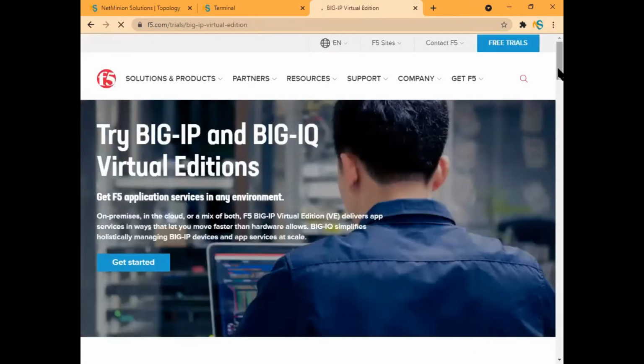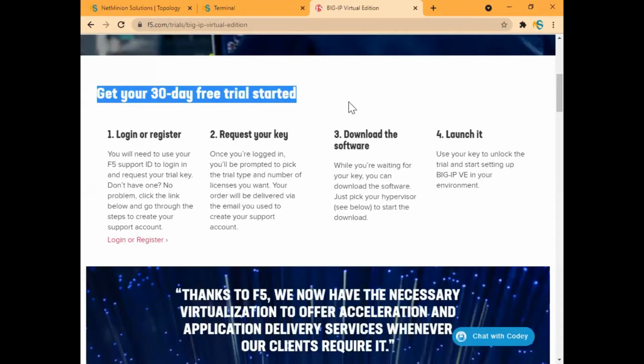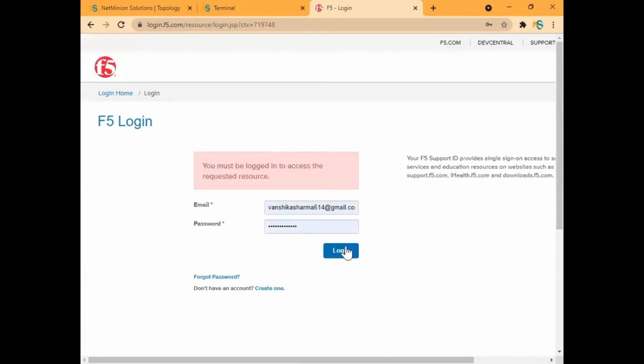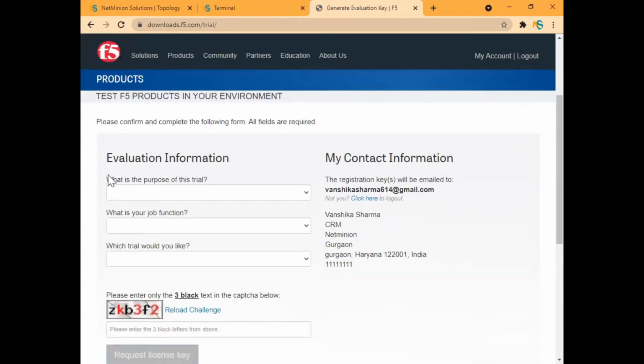Here it will say that if you want to get the free trial, I am providing you 30 days of free trial. Click on login, and whatever email ID you have, just log in with that email ID. Once you are able to log in, it will ask what is the purpose of this trial. Select any purpose.